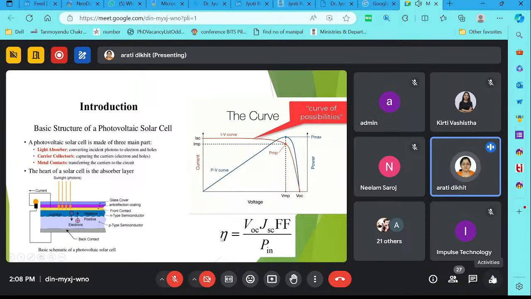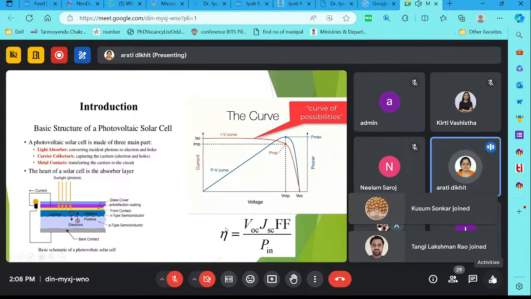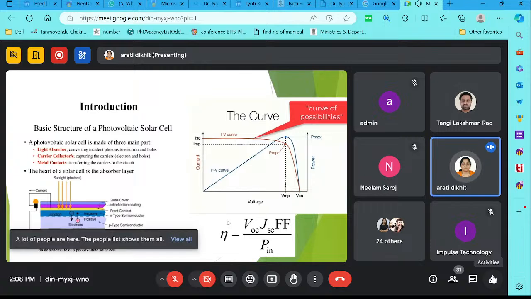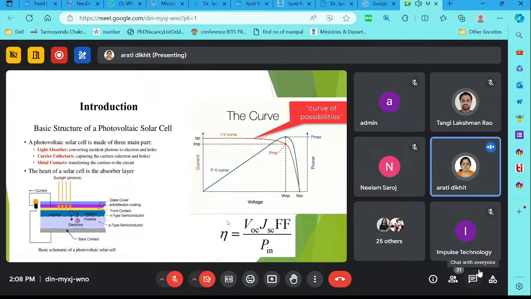So whenever we talk of a solar cell, we need to have this efficiency as high as possible. But since there is a limitation to this efficiency, we will work on the improvement of the efficiency under the available situations. Since a lot of variety of photovoltaic solar cells are possible, depending on the nature of the active layer or the photo absorber layer, we are currently working on